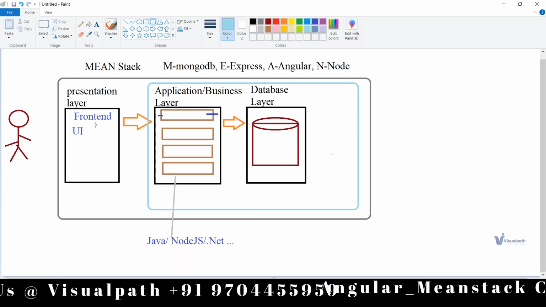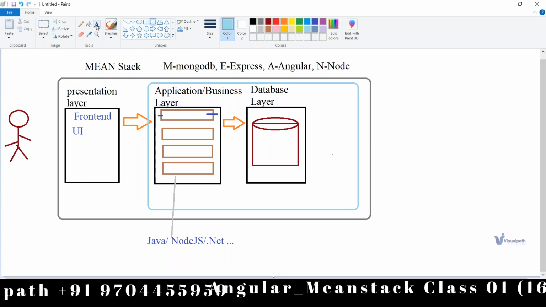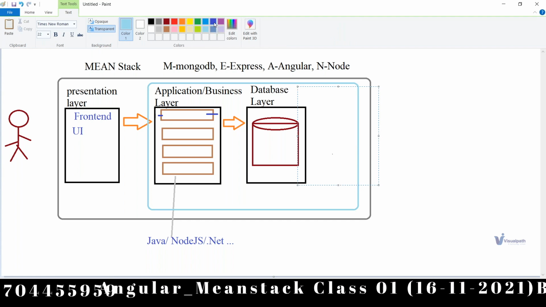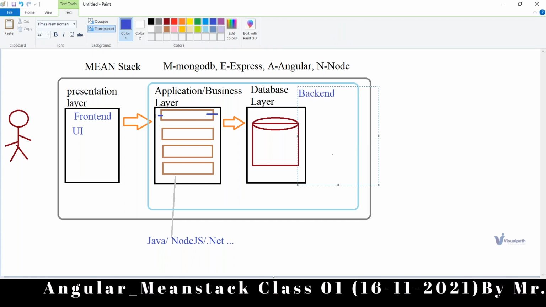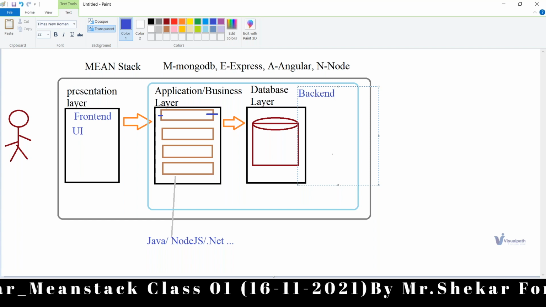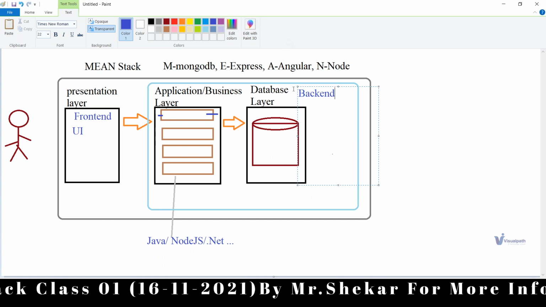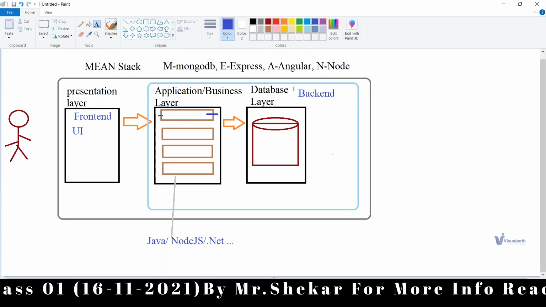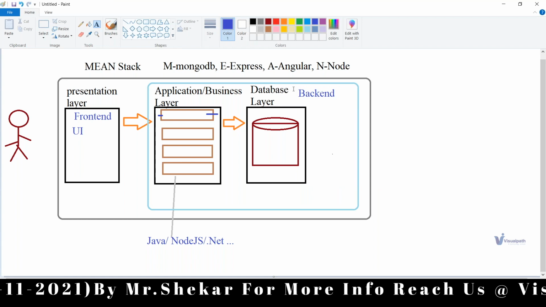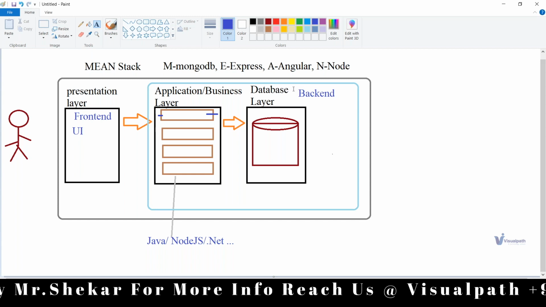But this particular portion is called the back end, as the user can't see what is happening inside. All the activities happen at the back end, so that's why we call it the backend, and the people working in these areas are known as backend developers.